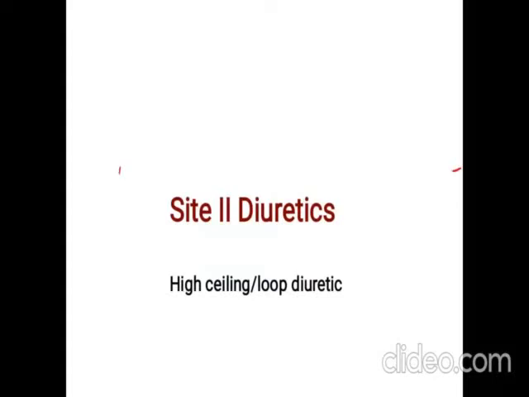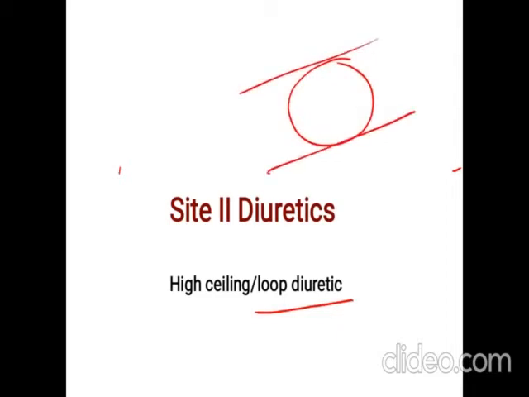So the next class of diuretics, the drugs acting on site 2, are also called site 2 diuretics. As this site 2 is present in the ascending loop of Henle, the diuretics which act on the ascending loop of Henle are also called loop diuretics. Next, as we observe, out of all the site 1, site 2, site 3, site 4 diuretics, this site 2 diuretics is responsible